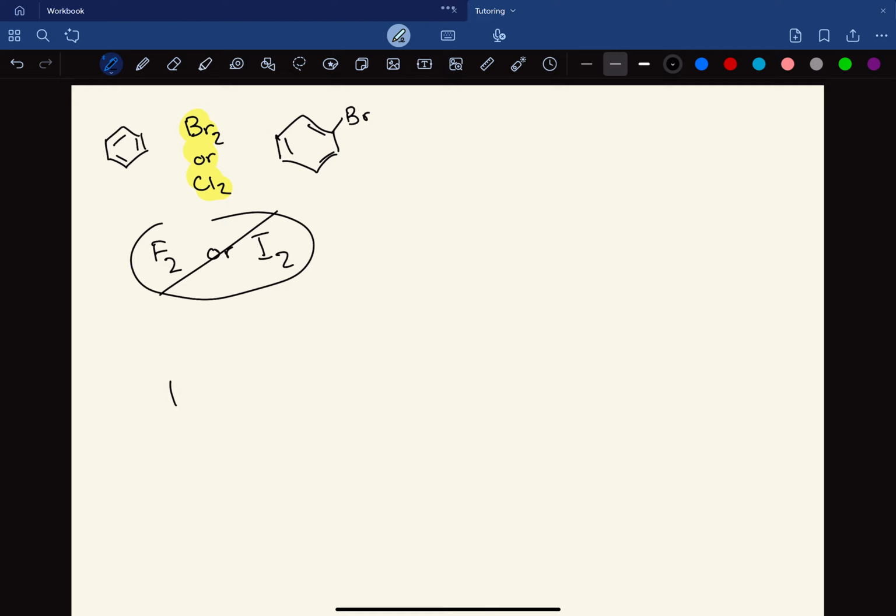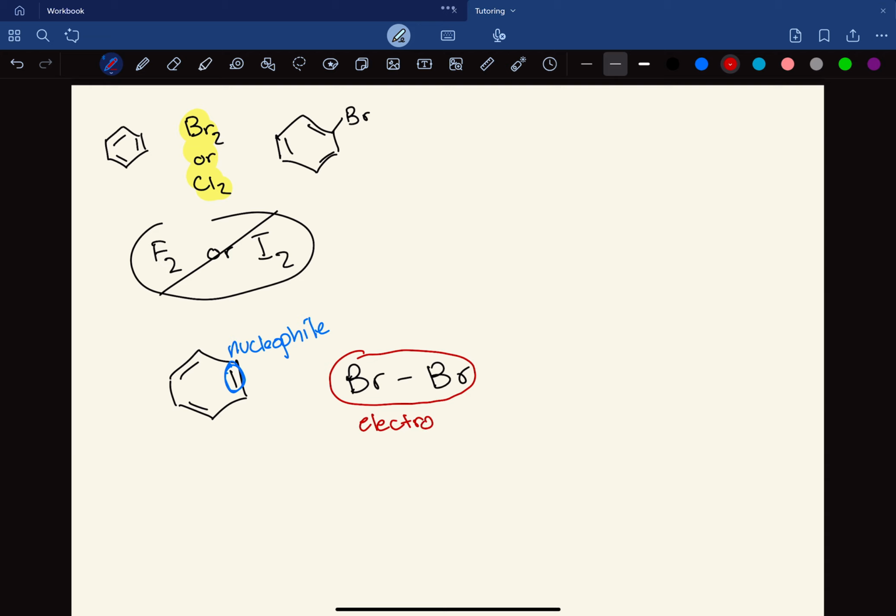So in this reaction, we'll use bromine for this example, but it's the same exact thing with chlorine. In this reaction, the alkene on the benzene, or the alkene on the aromatic, is the nucleophile, and the halogen is the electrophile. So the reason that the halogen is the electrophile, even though it is a nonpolar compound,